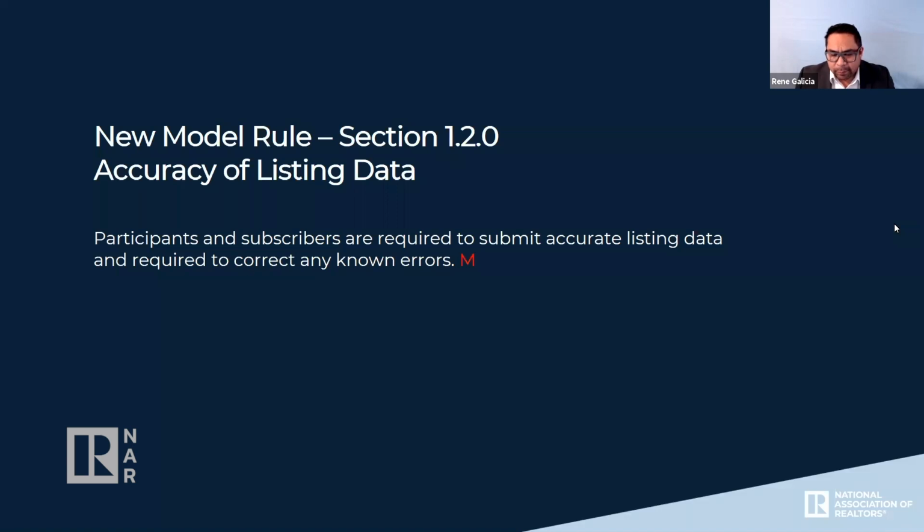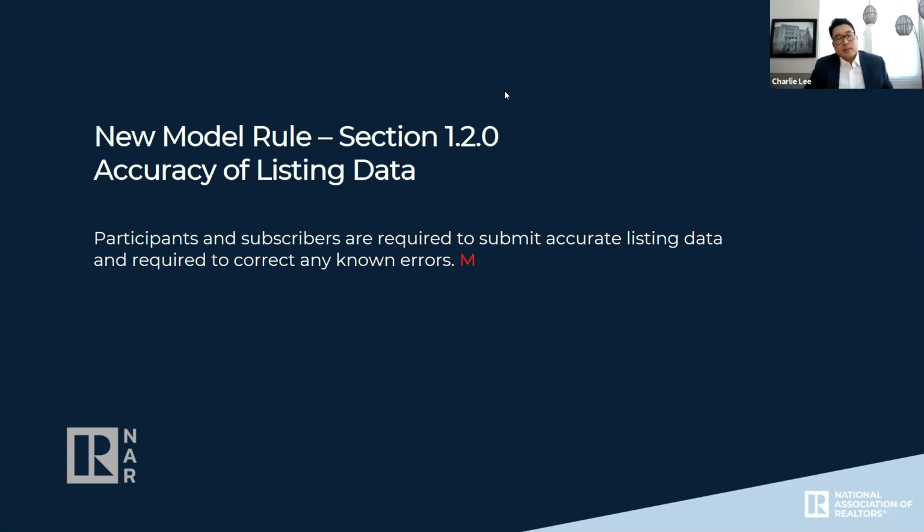A listing broker goes out, they pull a property profile from tax records, they see that on tax records, it's a 3-bedroom, 2-bath, 1,000 square feet home. But when they show up to the listing appointment, it's 4-bedroom, 2-bath, so it's got an additional bedroom and 500 additional square feet. And the question comes up, well, is it permitted? Is it not? Does a broker have a duty to investigate that further? But for purposes of this rule, when we focus on what's accurate to report to the MLS, what sort of considerations should the brokers take into account and the MLSs themselves of what information they're capturing?